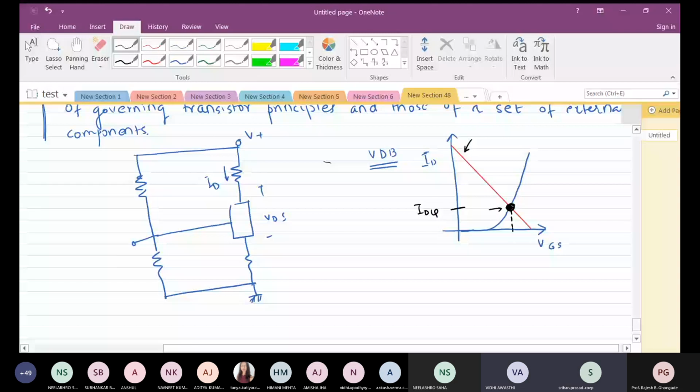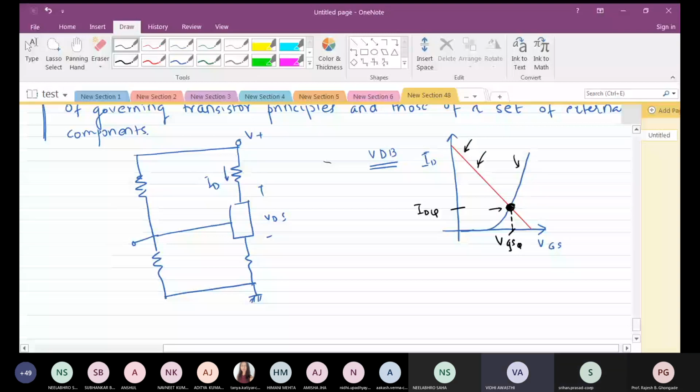Don't get confused by saying that the load line should be in the output characteristic. But this particular thing is dependent on this. The slope of this line will be dependent mostly on your external components like RD and RS. We will see a complete example being worked out, right? So finding out the Q point is nothing but a compromise. Compromise means a common solution of this line and this curve.